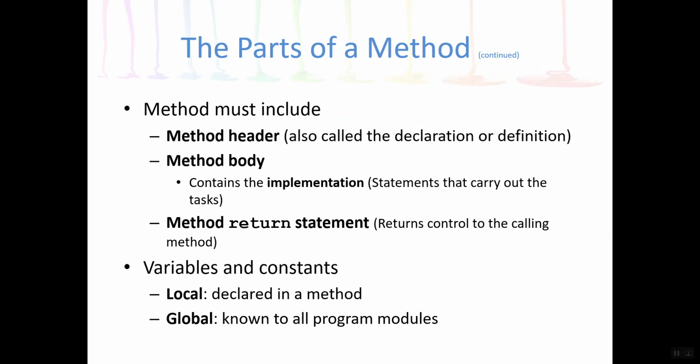And then after the method header is the method body, and these are the actual statements inside the method that carry out the task. Some folks call that the implementation of the method. And finally, a method has some sort of return statement that returns back to the calling body of code,